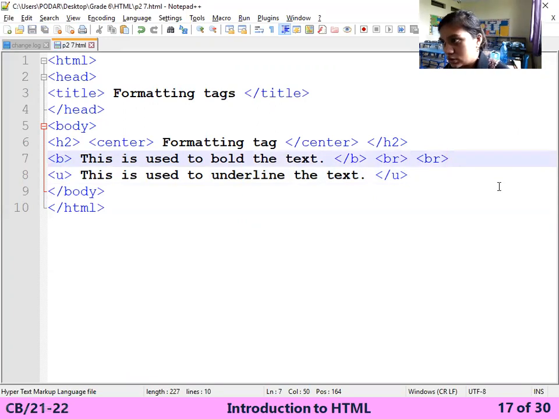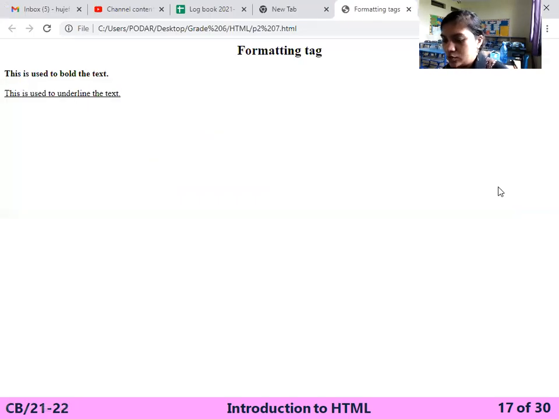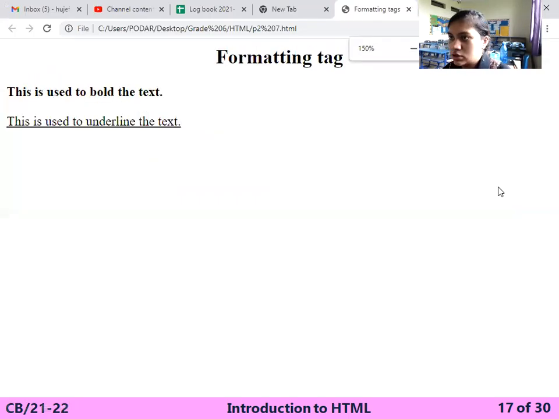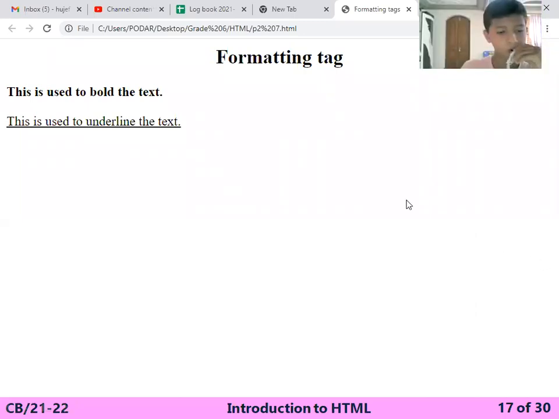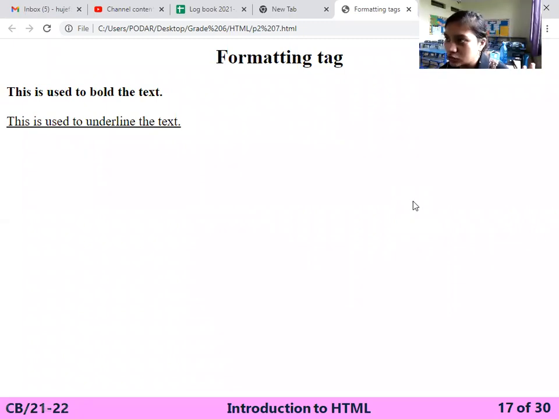What do you have to create? Yes, for practice purposes, you have to create it, but not now. You have to first see the practical, then do it by yourself. That's why I'm sending it in the group. Yesterday, I also sent it in the group. If you are stuck sometimes, you can see the practical.